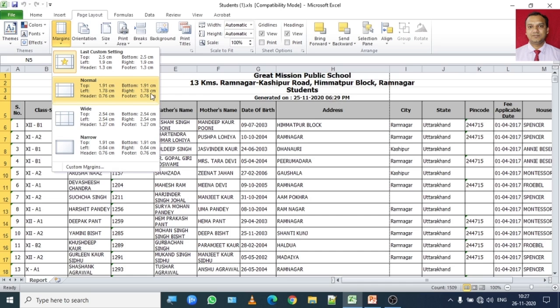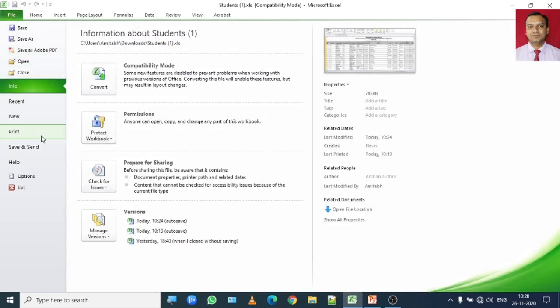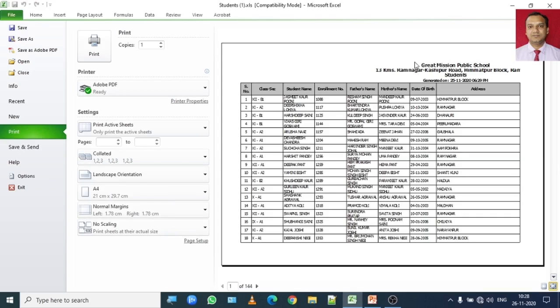Let me select this option. Once it is selected, if I need to check the preview of the worksheet, then what I can do is click on File tab, then click on Print. Before taking printout of your spreadsheet, you will notice how much space or margin has left from the top